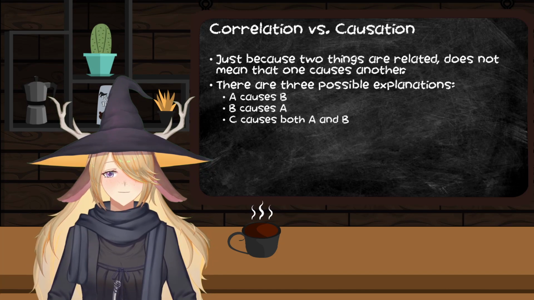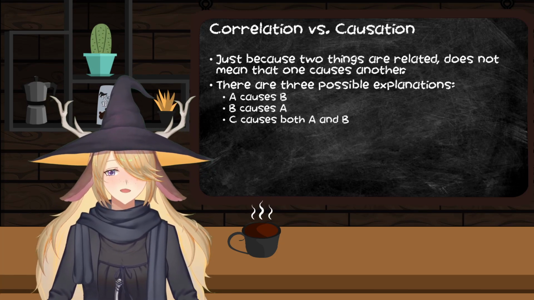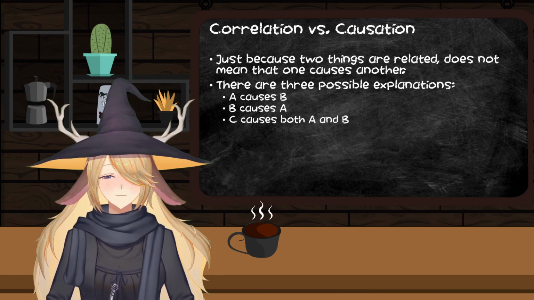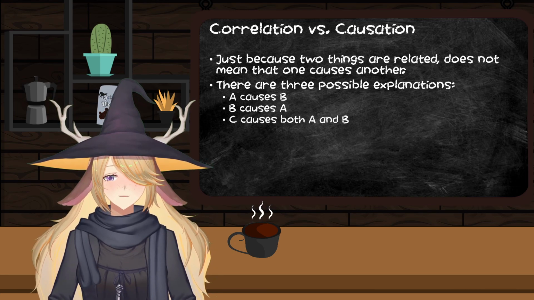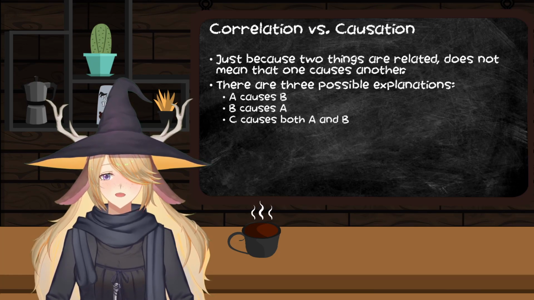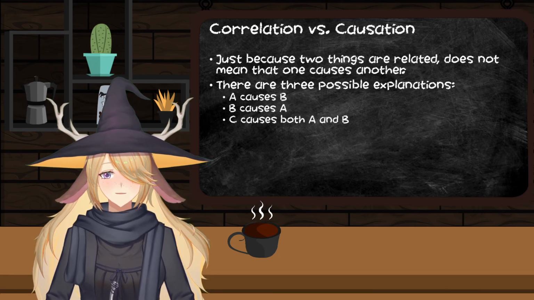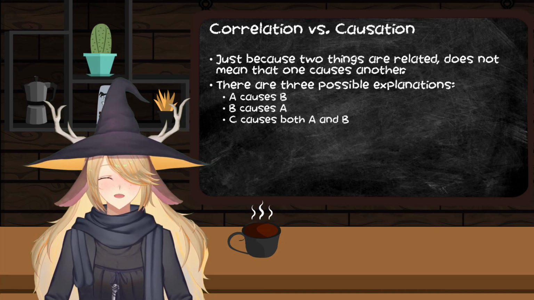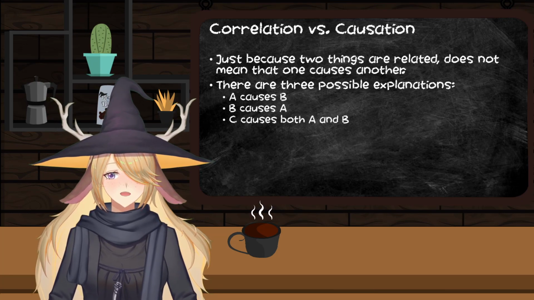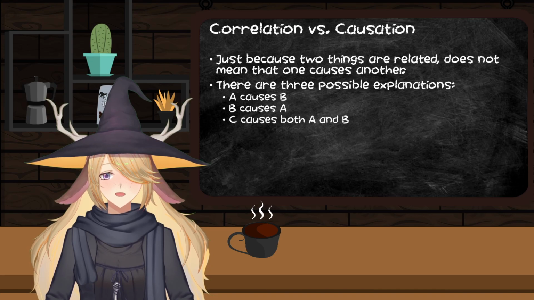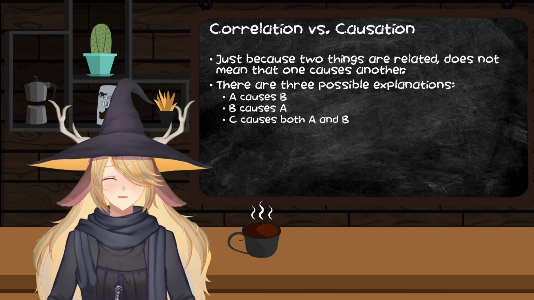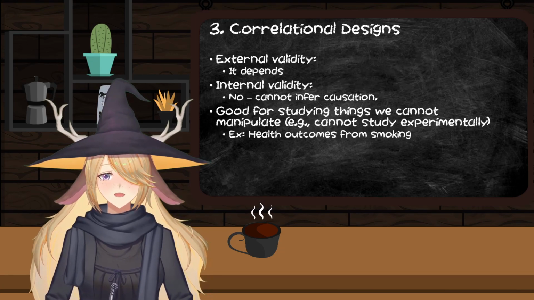Let's take the classic one here. One example is ice cream sales and violent crime. There is a real correlation between ice cream sales and violent crime. But because we haven't been able to manipulate one of these to establish a causal pathway, for all we know, if we observe that relationship, ice cream could be causing a rise in violent crime. Violent crime could be causing ice cream sales to increase, or more likely there could be a third variable. In this case, it's rising temperatures over the summer that causes both. Yeah, it's the classic example.